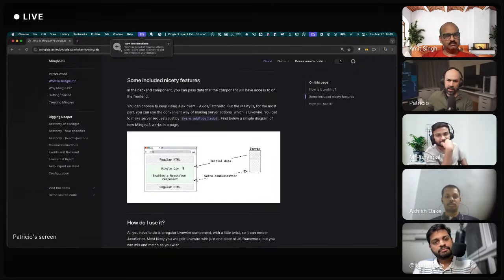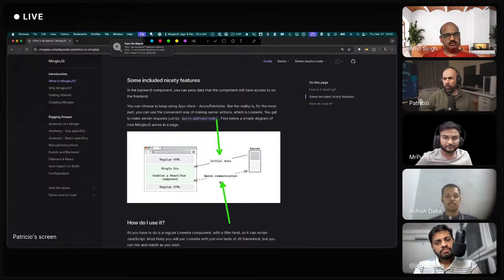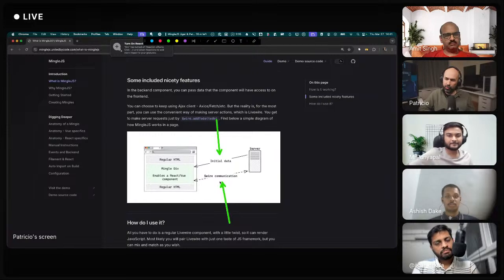So something that is commonly needed. It's not just a static rendering, right? So we need to give props to JavaScript, and we will have a mechanism to do so. And we will leverage the wire that Livewire uses to communicate with the backend. We will use exactly that for backend communication, which is something that I always missed as well in Inertia.